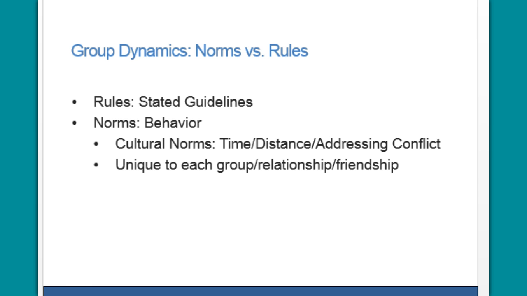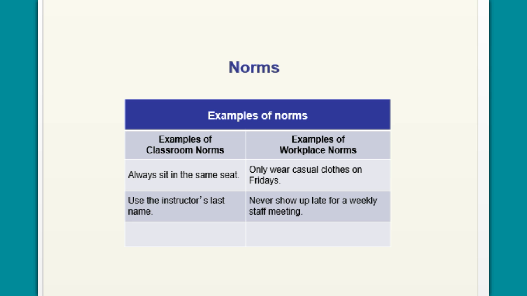So as you can see, norms are also unique to each group. So just think of it this way. Every friend that you have, you behave a little differently with each friend. You develop unique interactions that occur between the two people. Just like in a group, it'll have unique norms based on the communication that occurs within that group. Now, as far as norms go, here are some examples of norms so you can better understand what a norm